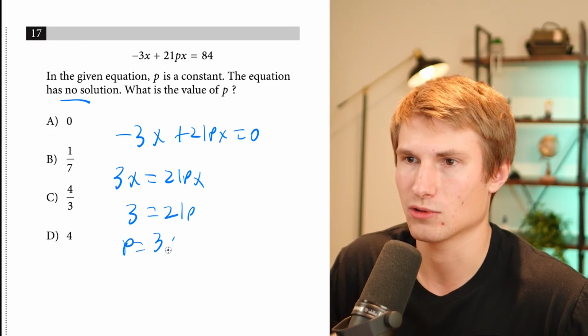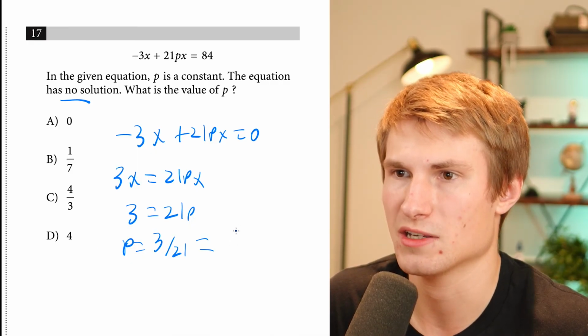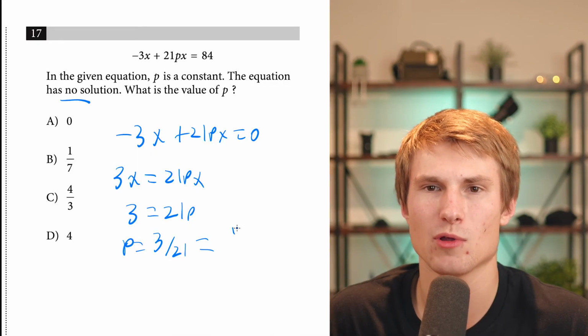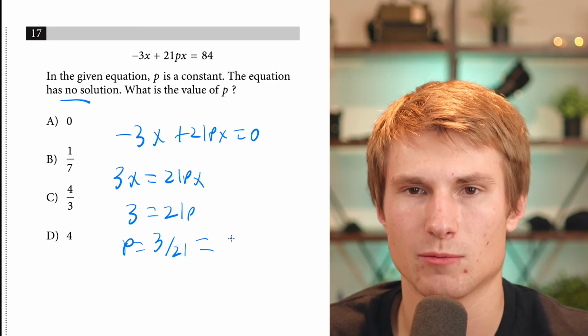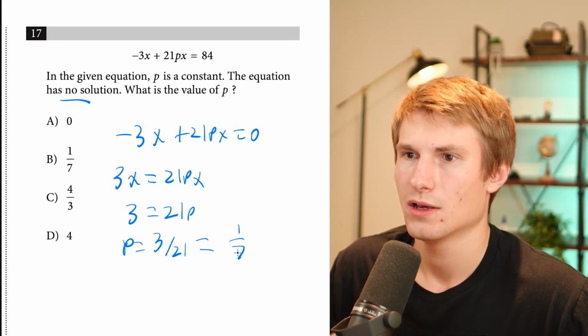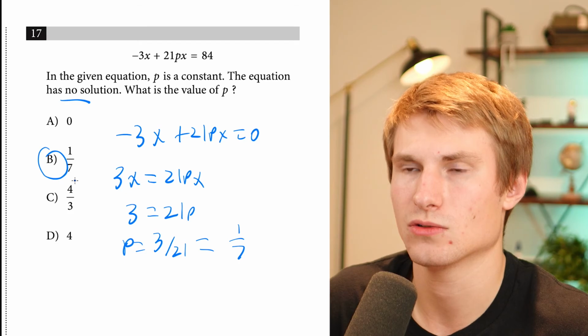We get that p is then equal to 3 over 21. That's not an answer choice. We need to simplify. Divide both of those by 3, and that would give us 1 over 7. So our answer there would be answer choice B, and we can go ahead and move on to question number